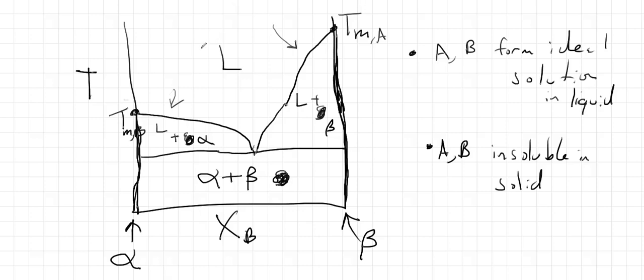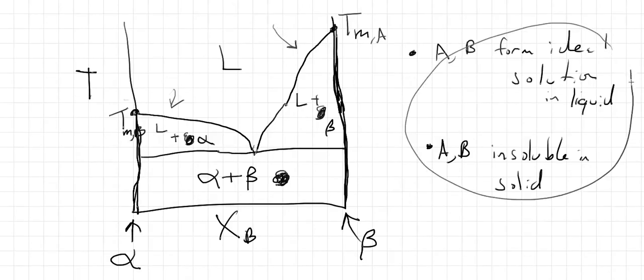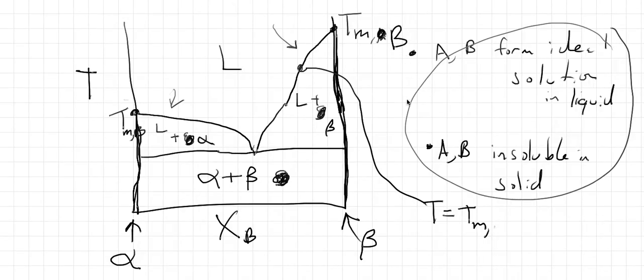Okay, so just to remind you what that equation was, to the extent that this is true, we know that if I wanted to graph this curve, I could just say that the temperature of that curve is Tm of component, oh heavens to Betsy, this is mislabeled. That should be B, and this should be A. I switched sides on myself. Okay, so it would be the melting temperature of component B minus,